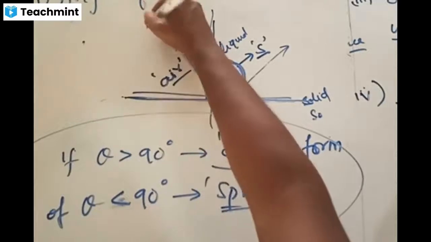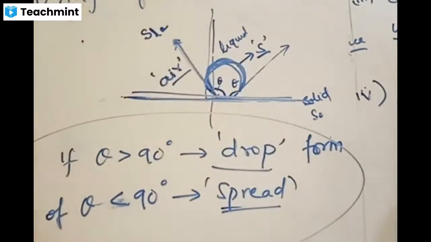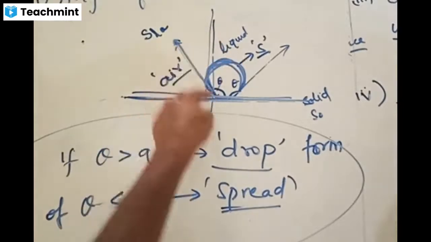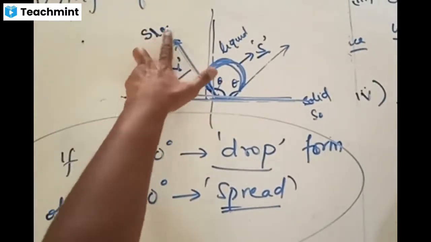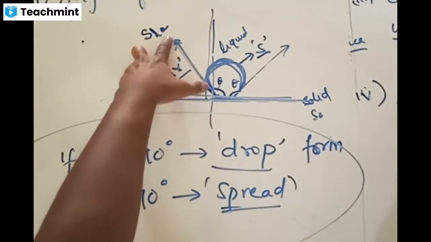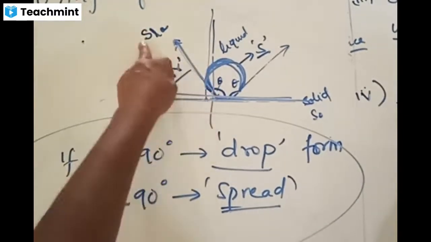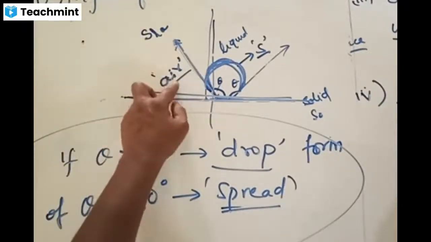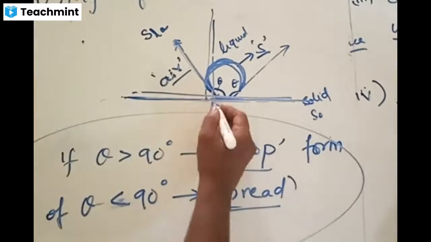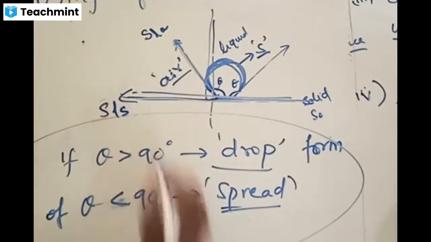Now there are different kinds of interfaces. This is called the surface tension of the solid-liquid interface. This is the liquid tangential line, and this tangential line is denoted by SLA. What does it mean? This line corresponds to the surface tension of liquid with air, where the line is interacting with air, and this corresponds to the surface tension of liquid with respect to solid.